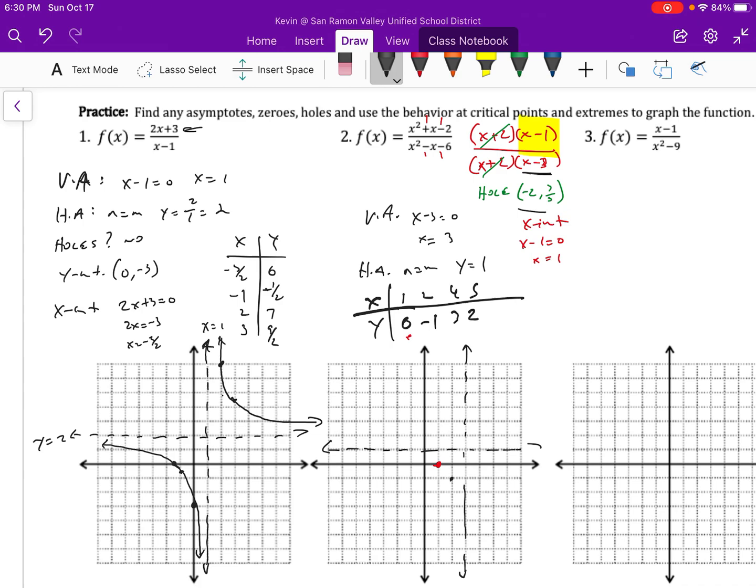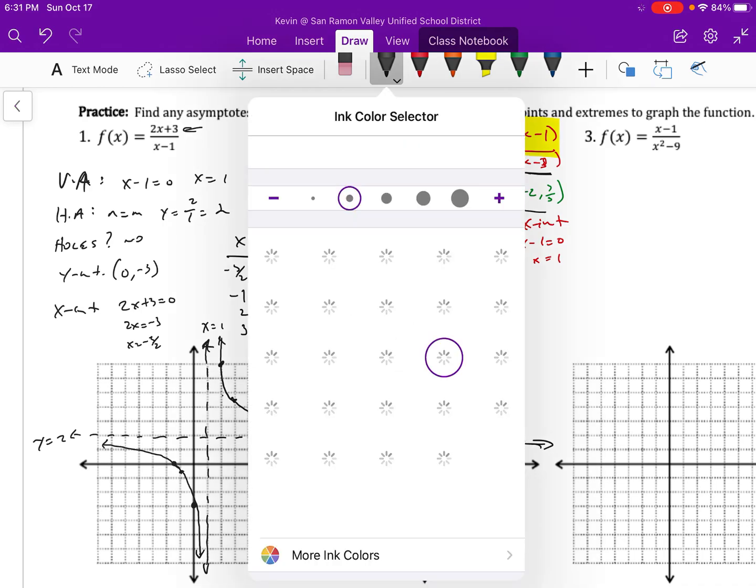At 4, 1, 2, 3, 4, we're at 3. 1, 2, 3. And at 5, we're at 2. All right, so we have, this comes along here through that point. And then over here,